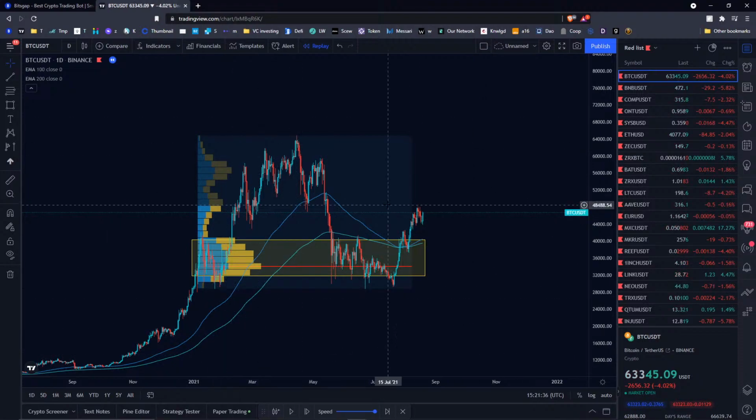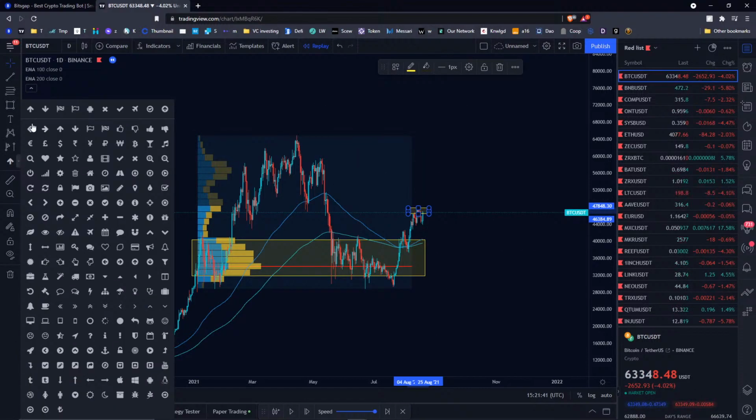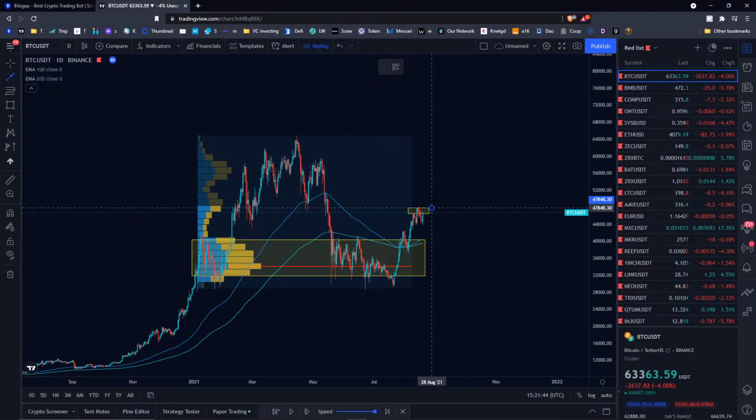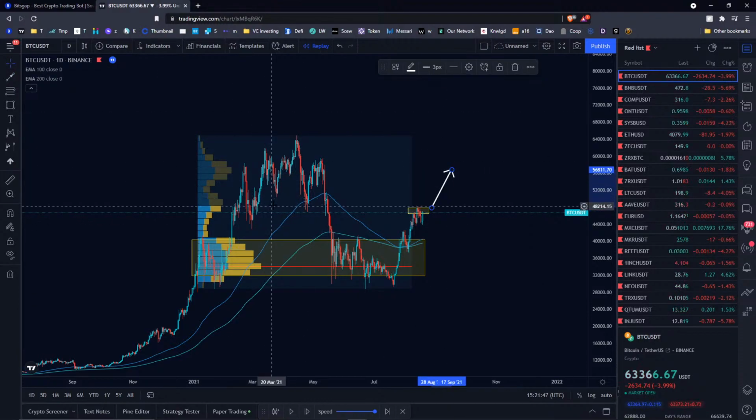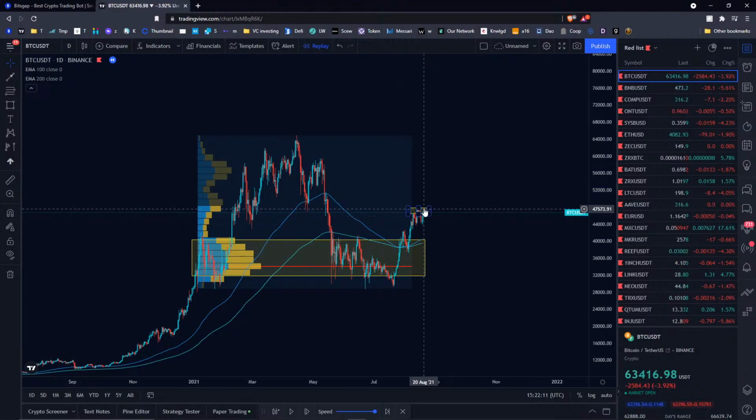Well, the perfect scenario would be breaking this formation over here. So I would actually enter around this area at the breakout. Once I see the price breaking this important resistance line, plus taking into account that the moving averages were crossed, which is another indication of a bullish sign here, this is when I would enter with my bots configuration. But still, you don't need to be that perfect in timing.